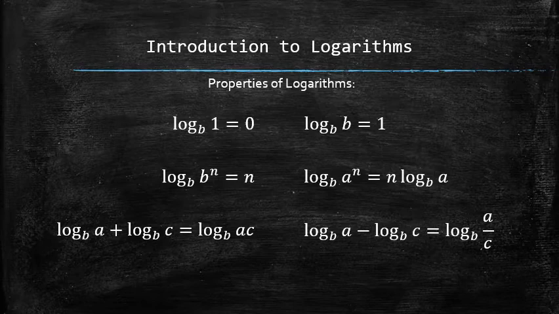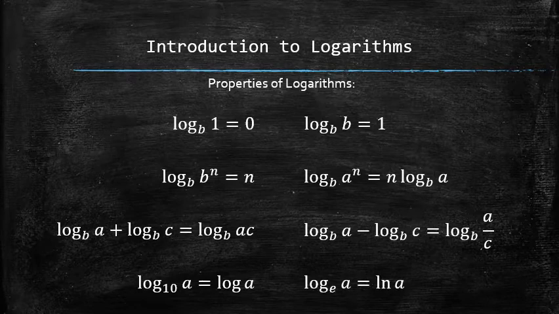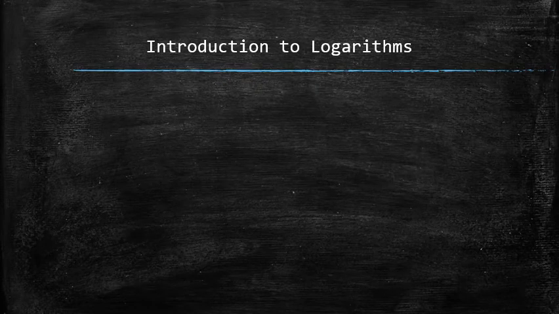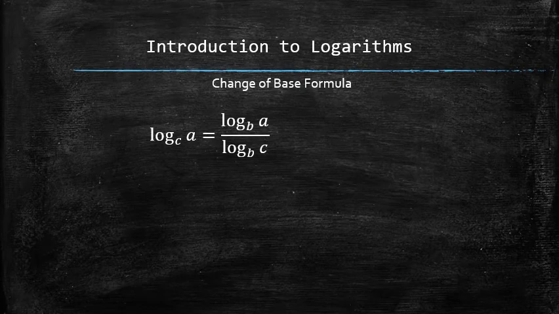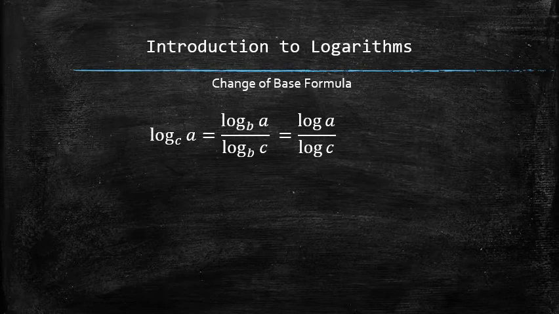We call the logarithms with base 10 common logarithms and omit the base when writing out the statement. And we call the logarithms with base e natural logarithms and abbreviate it with ln. One nice thing about logarithms is that you only need to know logarithms with one base, and all other logarithms can be related to it using the change of base formula. Frequently we use logarithms with base 10, thus the name, common logs. However, in many applications it will be helpful to convert to logarithms with base e.